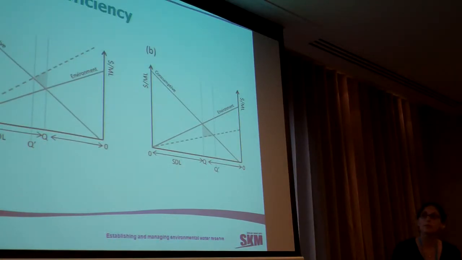So here I've just put up two figures of where the environmental demand curve shifts. So in figure A, we've got the environmental demand curve shifting up. So that might be because of changed welfare in the community or increasing education about environmental values. And in B, we've got the environmental demand curve shifting down. So that might be because we put in engineering works on site and we can deliver the water more effectively. So when the demand curves shift, we actually see that the efficient allocation of water changes between consumptive